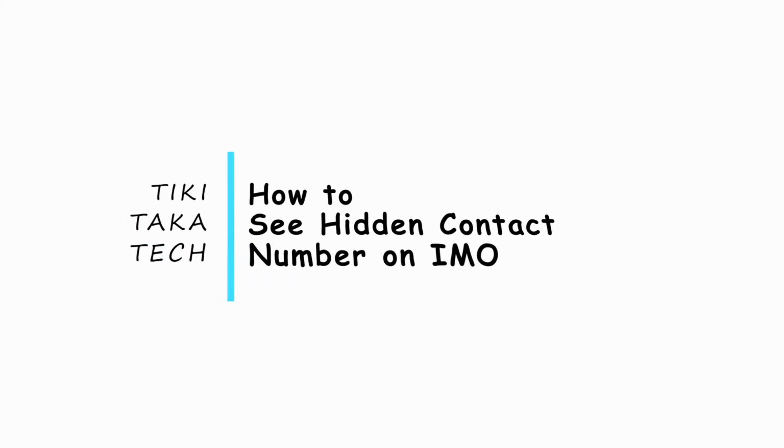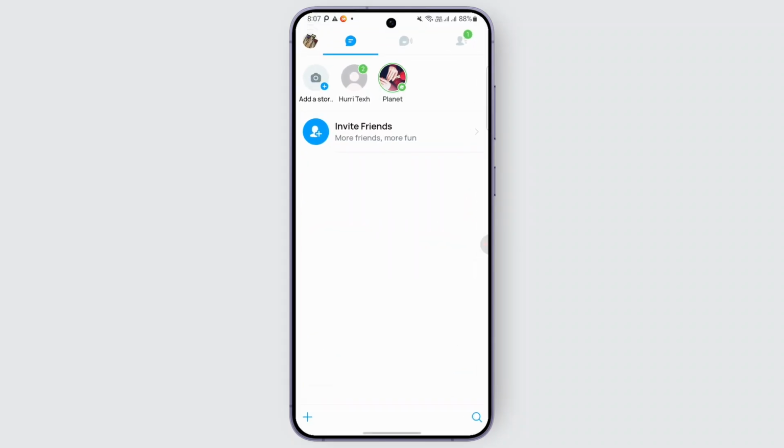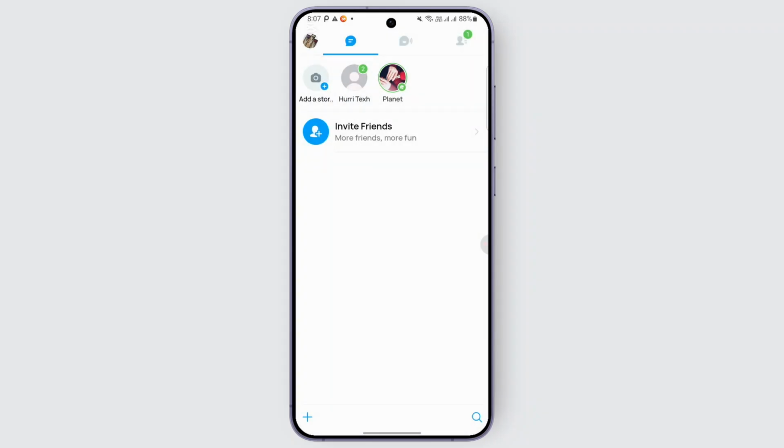How to see hidden contact number on IMO. In order to do that, you may follow this method. So open up the IMO application first. And once you are there, in order to view the friend's contact number whose number is invisible, the person needs